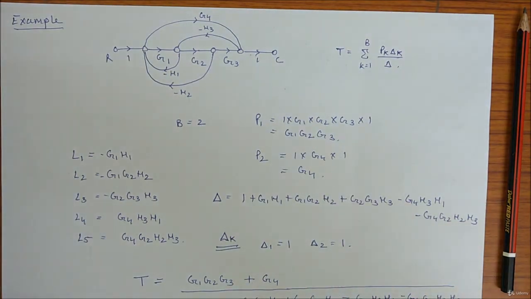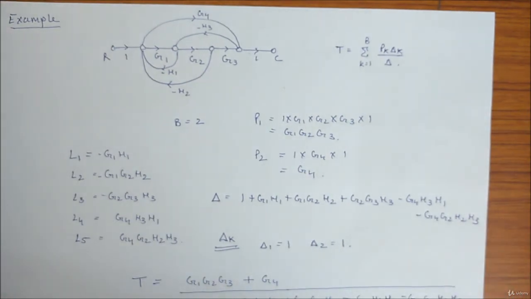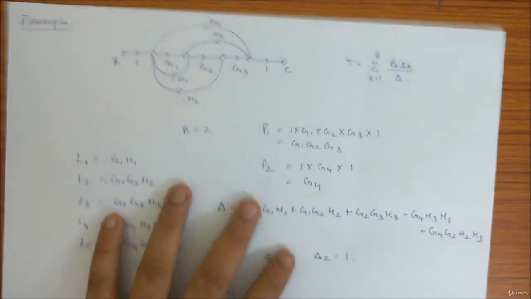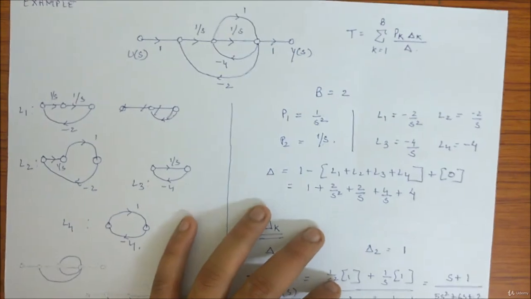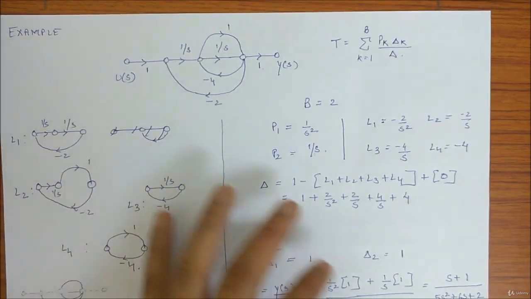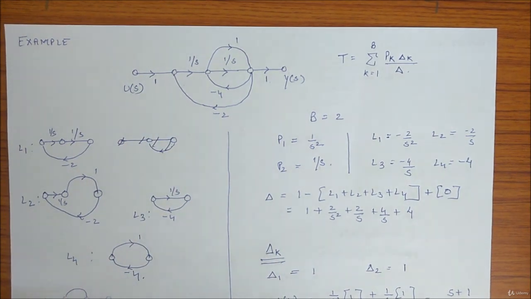And what I'll do next is cover some of the exceptions in Mason's gain formula. There are some SFGs you have to deal with separately, where you have to apply some technique to write the transfer function. I will cover those exceptions in the next part. Meanwhile, I think I've given enough examples so that you can practice on your own, and this will be the basic stuff of SFG and writing the transfer function. So yeah.